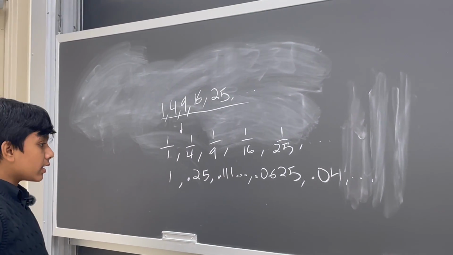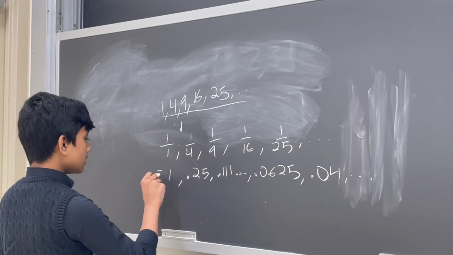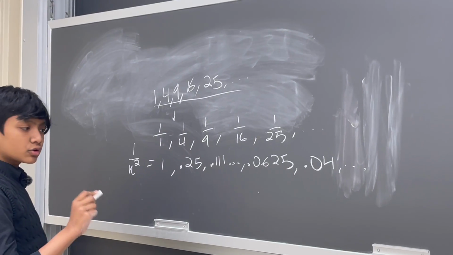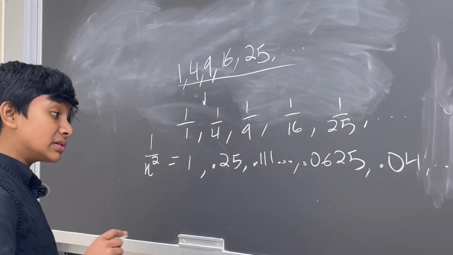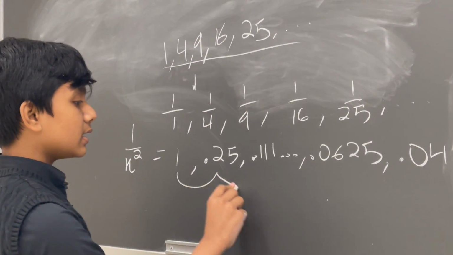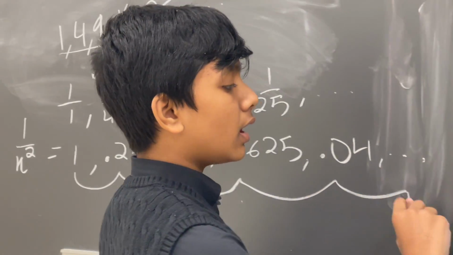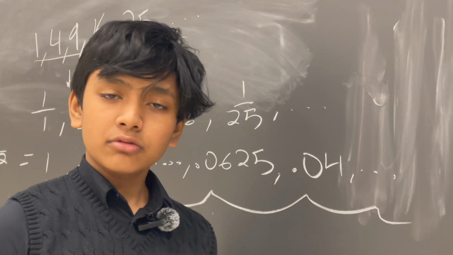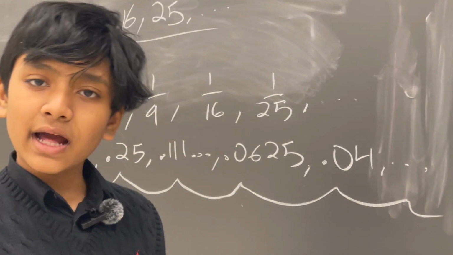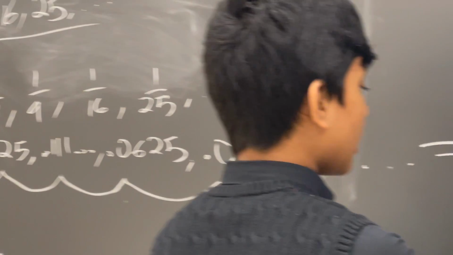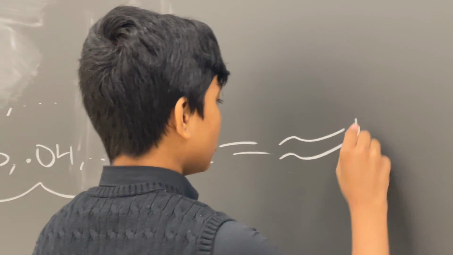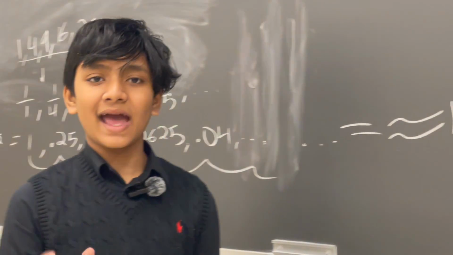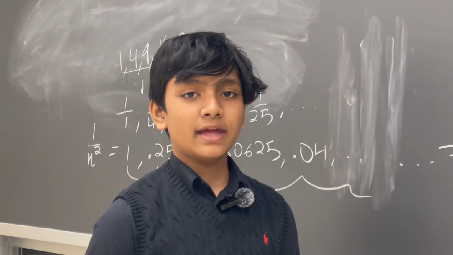Now, the problem we're trying to solve here is the sum of the inverse squares of every positive integer. What happens if we sum them all up? This is an infinite sum. So now, people in the 1800s calculated this and ended up with approximately 1.644. But they wanted an exact value, and Euler gave them that.